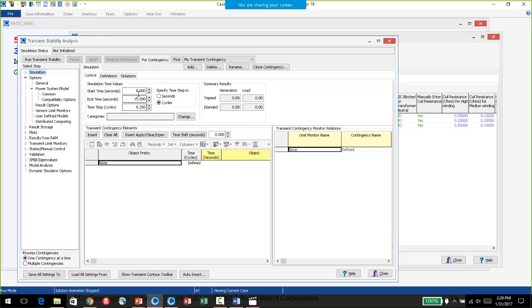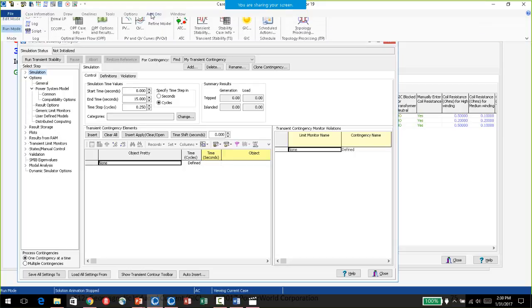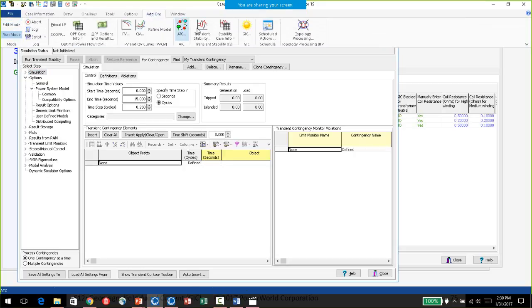On our simulation parameters, I'll leave these the way they're described here. We're going to start at time 0, end at 15 seconds, and use a time step of 0.25. There are some basic models included in here, a generator machine model and an exciter model for the two generators.